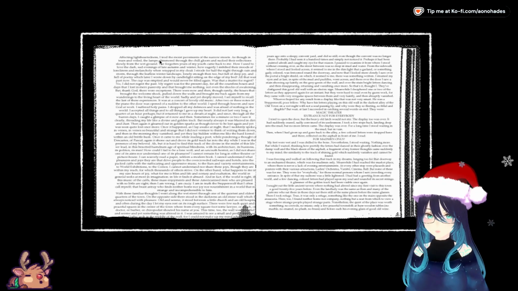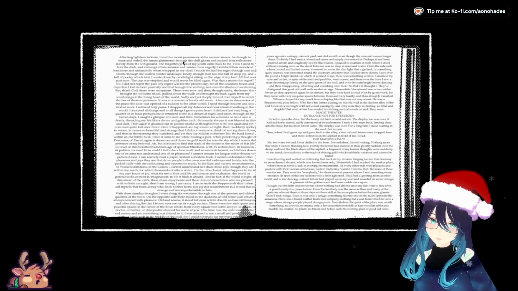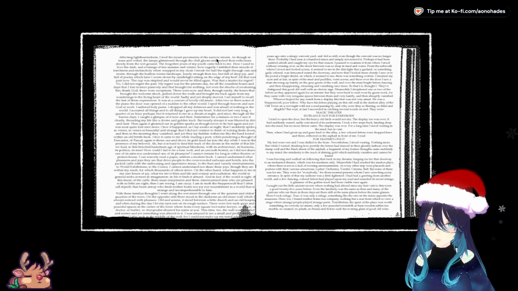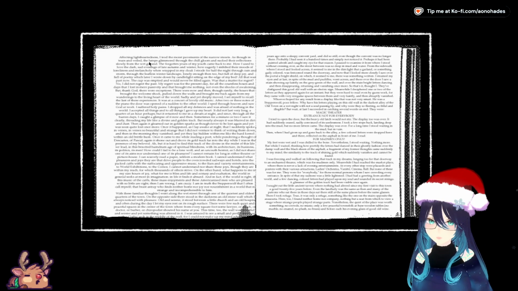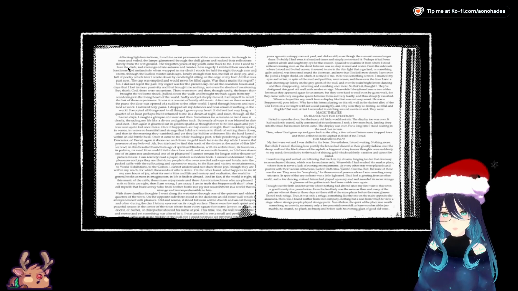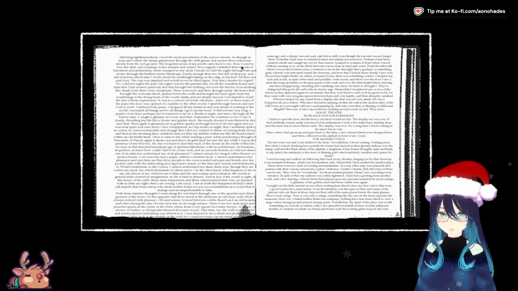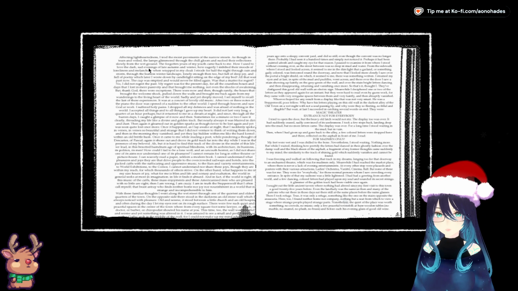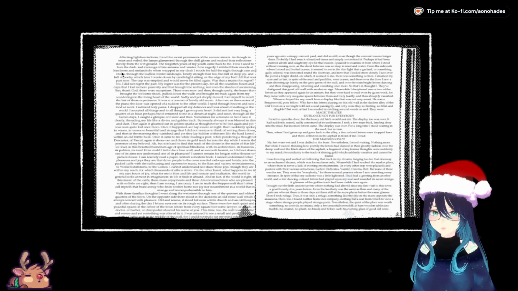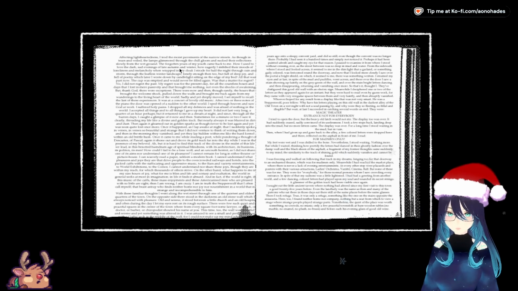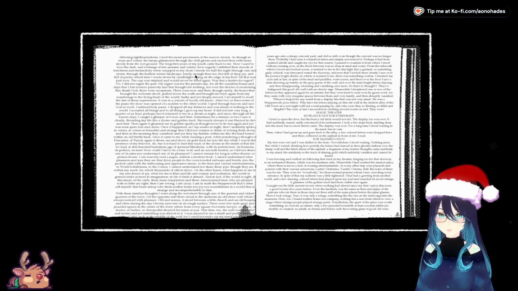Affecting lightheartedness, I read the moist parents of the narrow street. A thought in tears and veiled, and lamps glimmer through the chill gloom, and soak the reflections through from the wet ground. The forgotten years of my youth came back to me. How I used to love the dark, sad evenings of late autumns and winters. How eagerly I embodied their moods of loneliness and melancholy. When wrapped in my